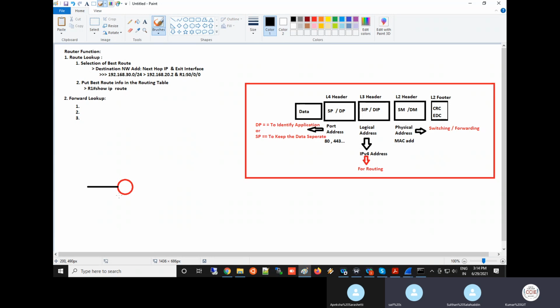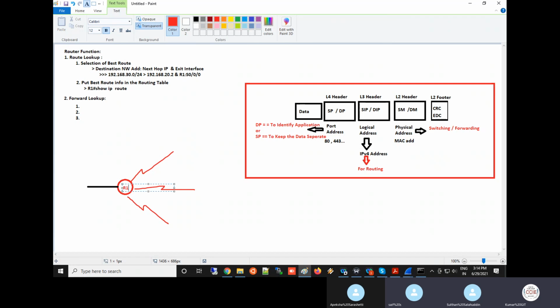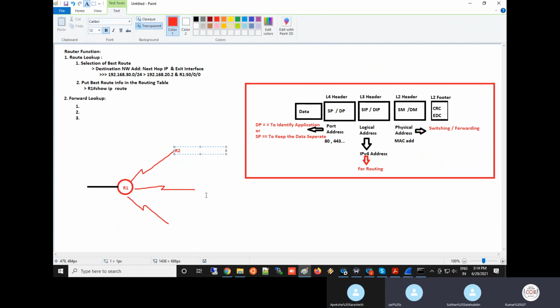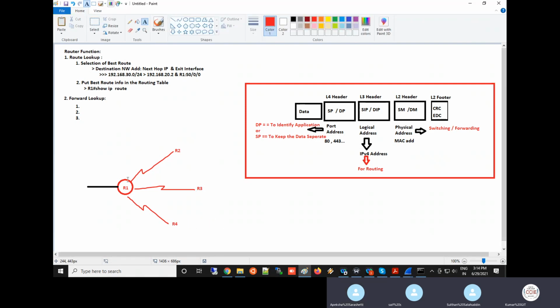Now it has multiple cables connected: R1, R2, R3, R4. So different routers are connected.